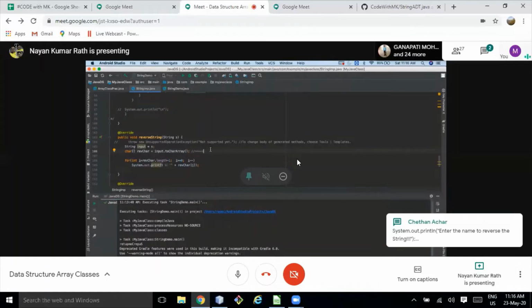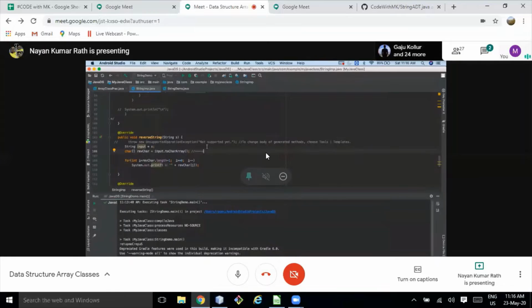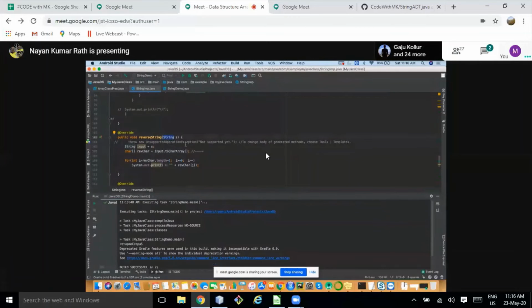I have explained that in earlier classes also. The first two lines of code will be gone. But I don't want to use one more character array and store the reversed elements in it.